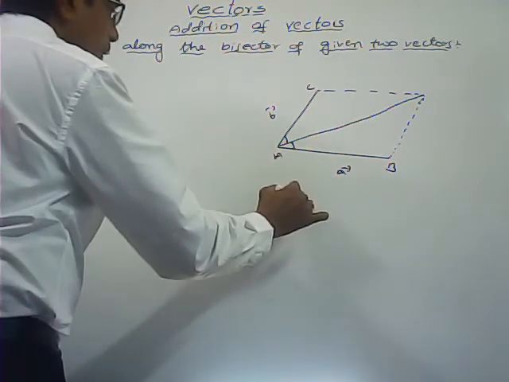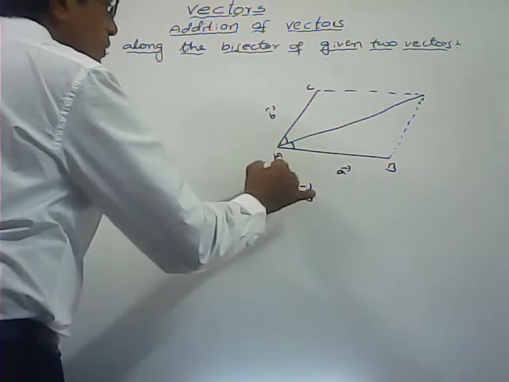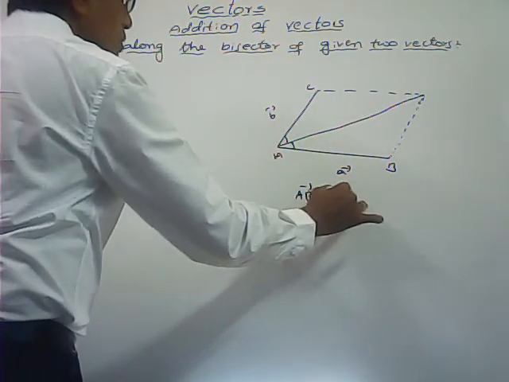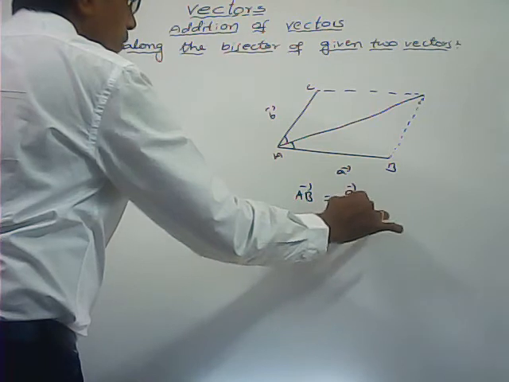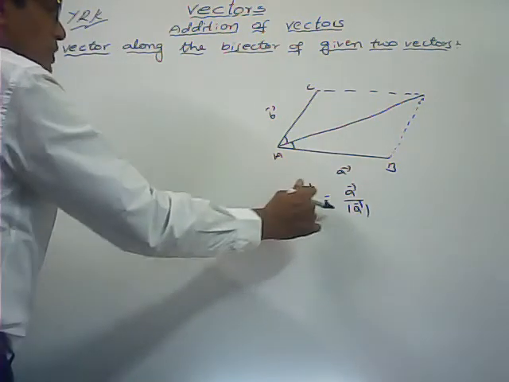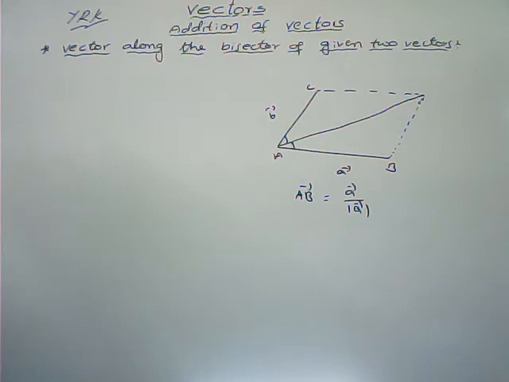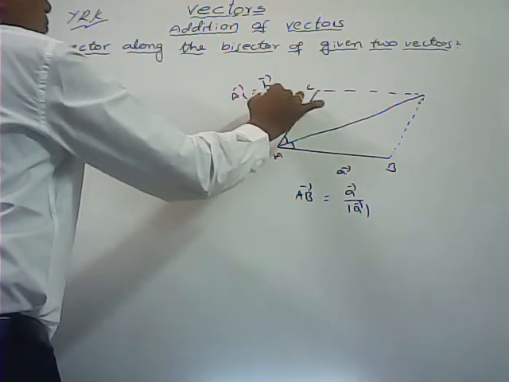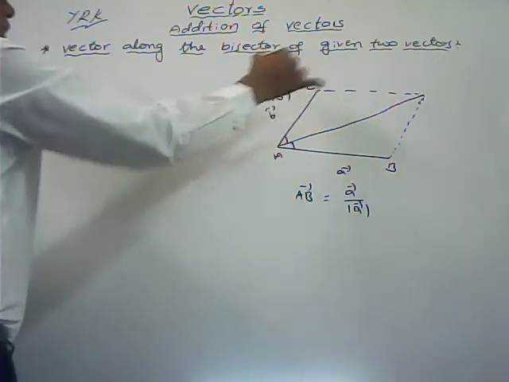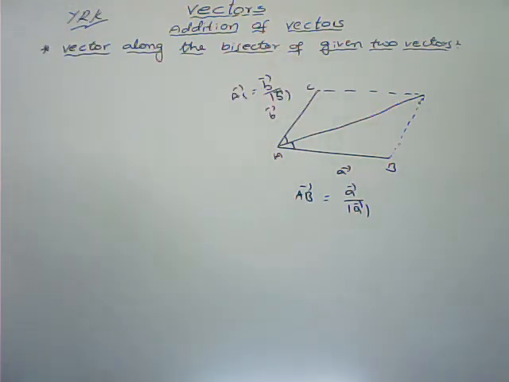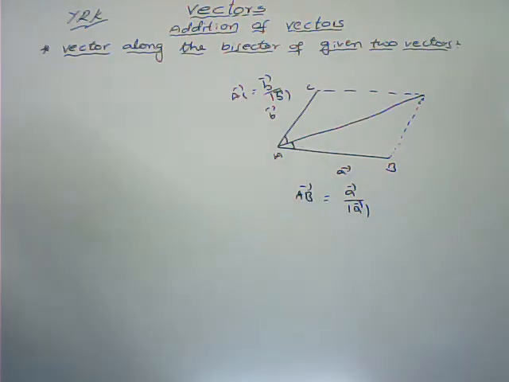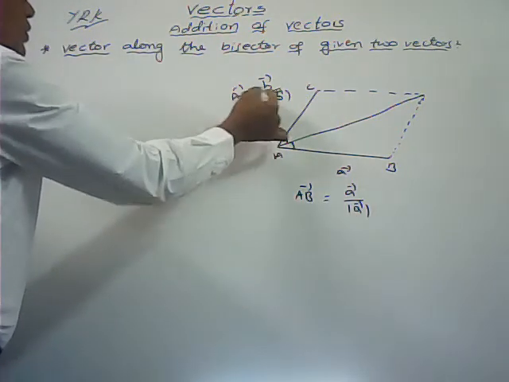So here what I am taking, AB bar is equal to, in this direction I am taking the unit vector only. AB bar is equal to A bar by modulus of A bar. So the modulus of AB bar, we can get 1. Here also AC bar, I am taking B bar by modulus of B bar. This side also I am taking the unit vector in that direction, B bar by modulus of B bar. In this direction I am taking unit vector AB bar equals A bar by modulus of A bar. Its modulus we can get 1. Here also its modulus we can get 1.